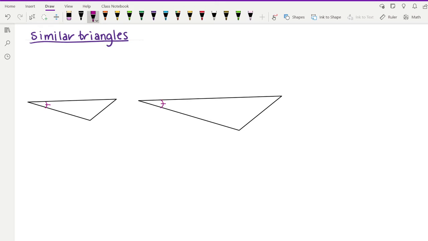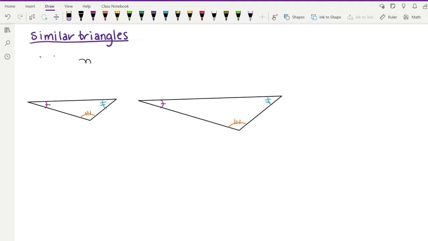If you were to take the smaller triangle and lay it on top of the bigger one, you would see that those two points would match up with each other perfectly. And then similarly, this angle and this angle are the same. And finally, our third angle and our third angle here are also the same. So similar triangles,